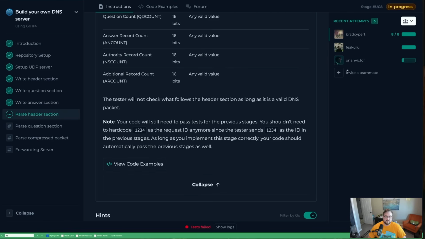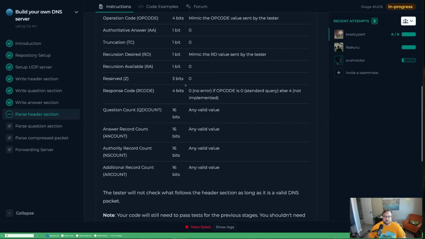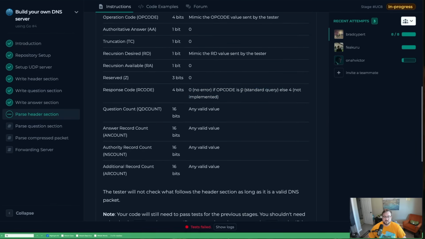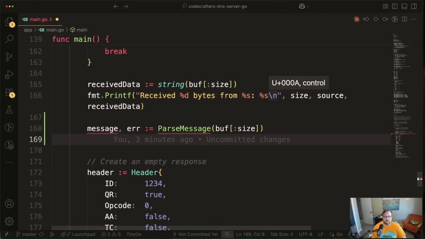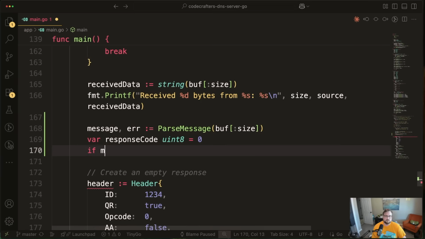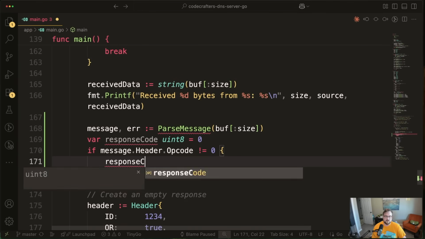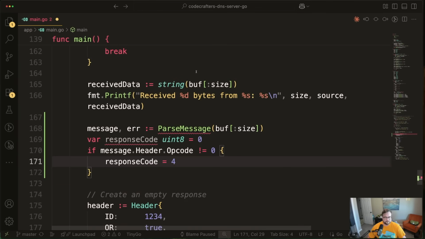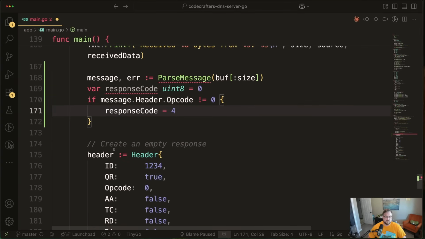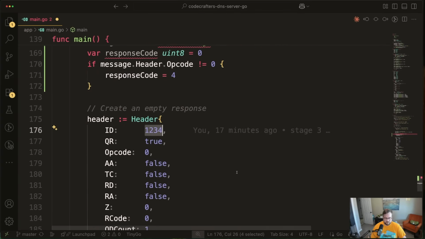There's a weird exception to the normal flow here, which is this. The response code is going to be 0 if the opcode is 0, else it'll be 4. So let's just go ahead and handle that too. That's not really related to parsing. It's related to this problem. So yeah, something like this. Response code is equal to 4. And then we'll need to set these values, right? So we'll have like